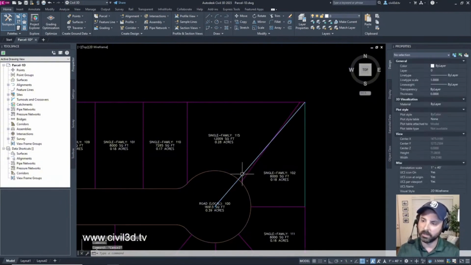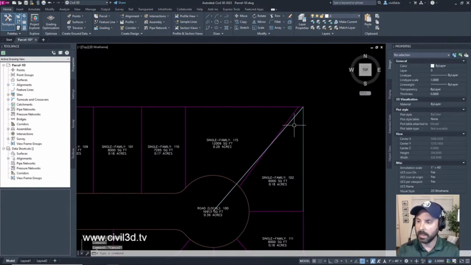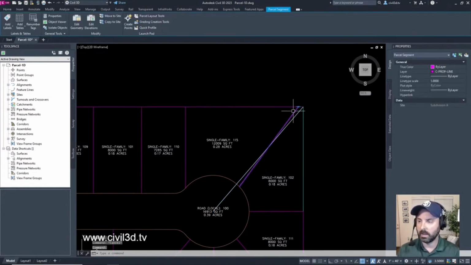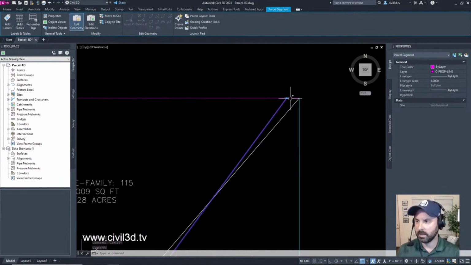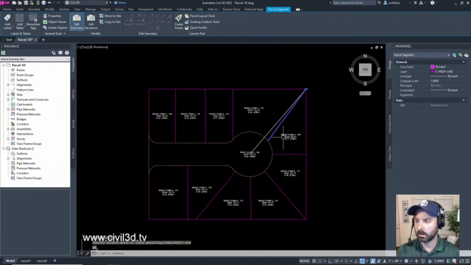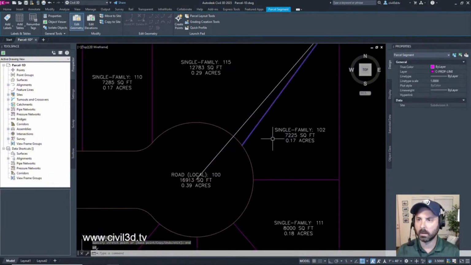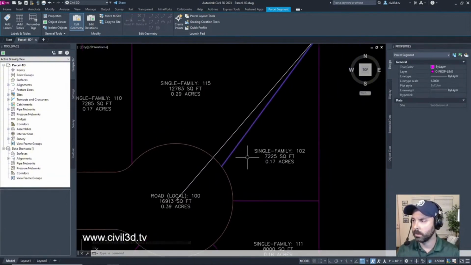So, what if I like this and I want to select this? I want to edit the geometry. Can I edit this? Can I go from here to here? No, it won't allow me to. I want to be able to edit this. Edit geometry won't let me do that. Huh.